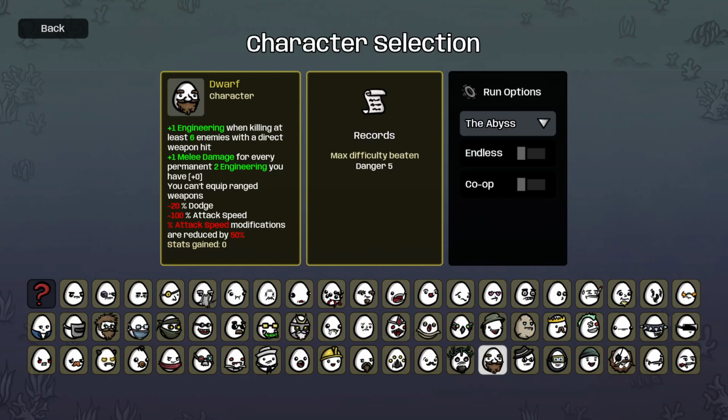The dodge I could care less about. That's a useless stat anyway, so that's not really a negative, but the attack speed is the main negative here. And I suppose the other negative would be that the positive just isn't that good. Now, if you can somehow stack a bunch of engineering with it, then it's good. And maybe the other weapons would be better at that, but the catch-22 there is...